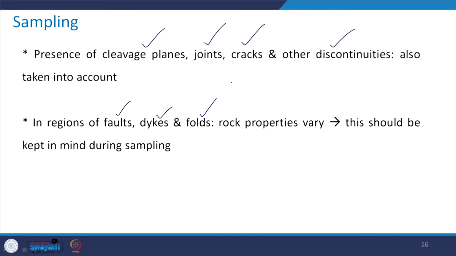With the help of various pictures, I tried to explain various elements of these geological structures to you, and you have seen how the geological deposition of the material creates such types of geological structures, and the rock properties can vary like anything. And one should keep all these things in mind during the sampling.